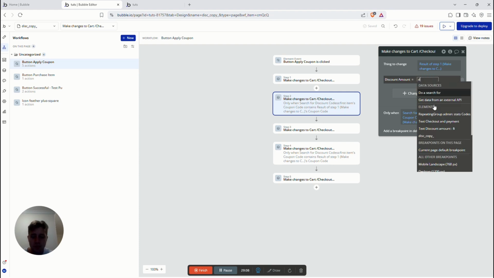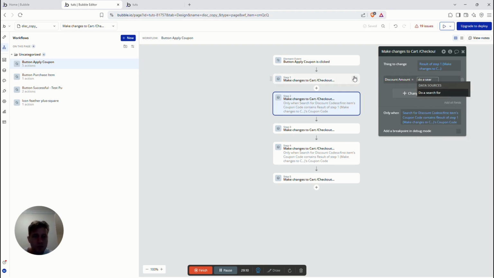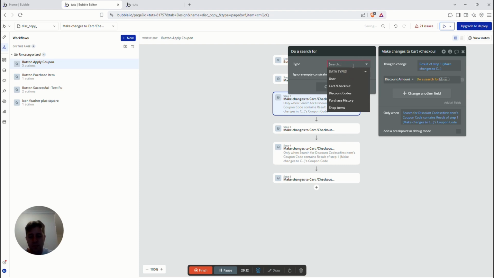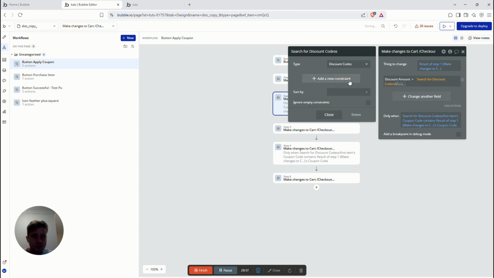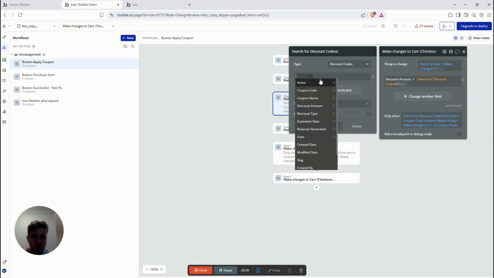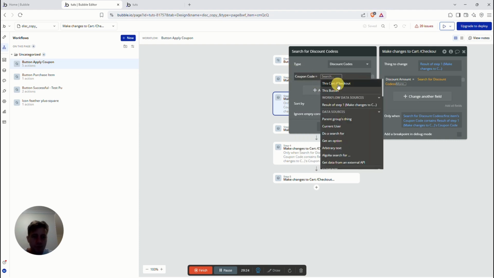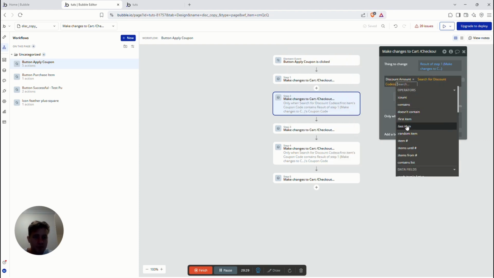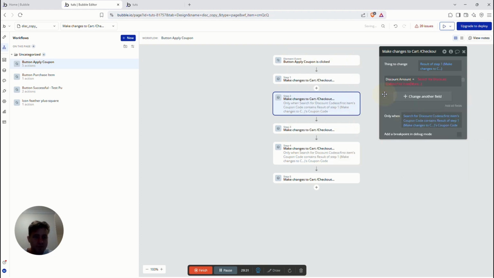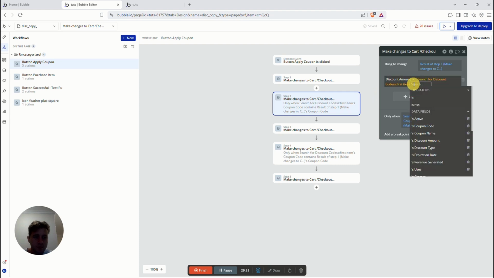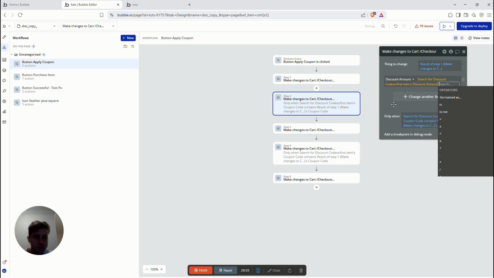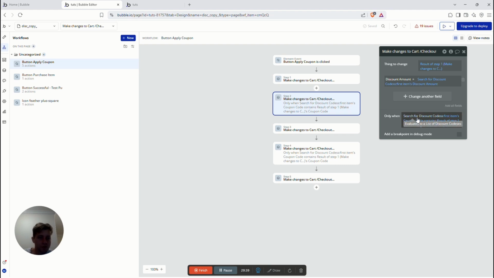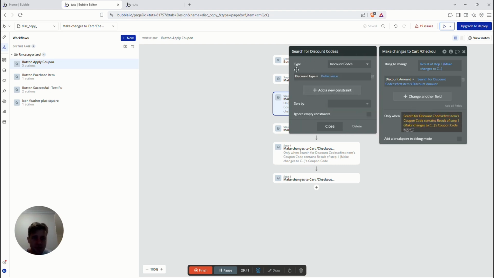we say do search for coupons or discount codes, and then we say the coupon code is equal to checkout's coupon code, and then here we're just going to say first item's discount amount. Cool. So then we have our conditional to make sure that the discount type is